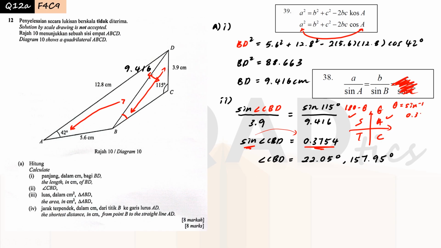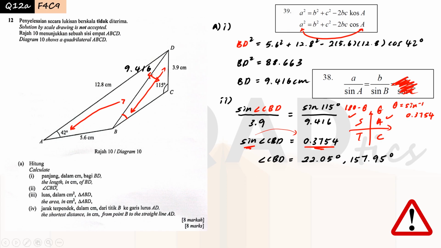Right, which is something like this. Then if we plug this into the calculator, we will get 22.05, which is the theta here. And for this one, it will be just 180 minus 22.05 to get this value. Okay, so why we need to consider two answers sometimes is because for some questions,